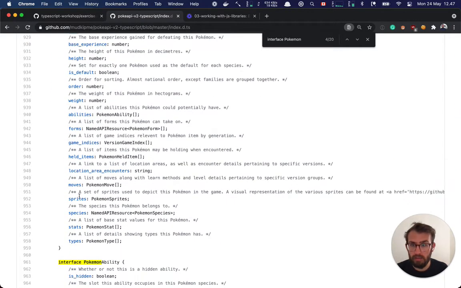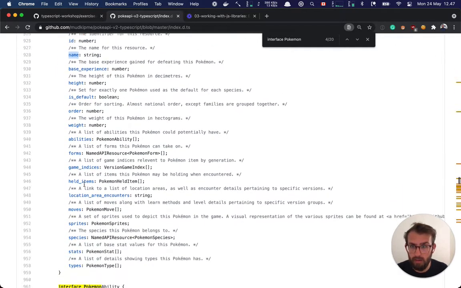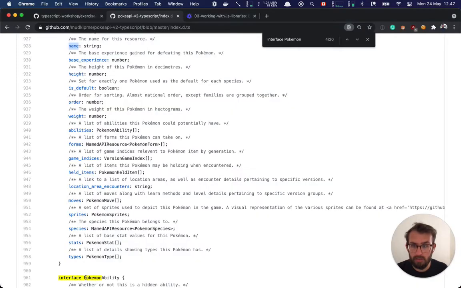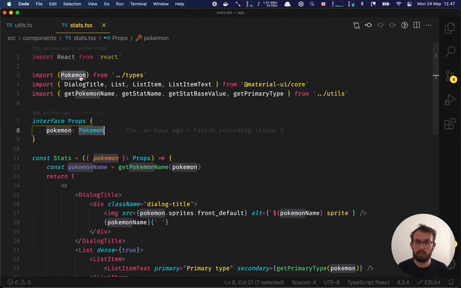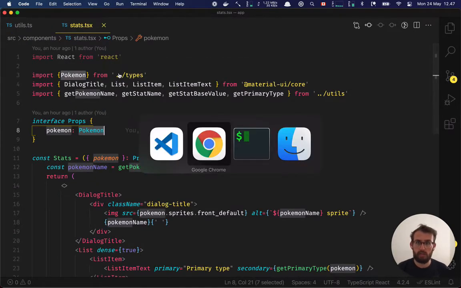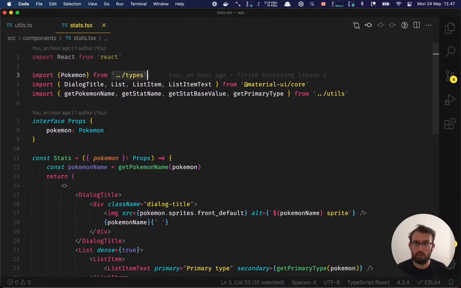It's got some of the similar properties that we've been seeing already in there. Let's take a look. So it's got types, it's got stats. I think this is the right one here. Let's try and plug it in. So we'll go back to our stats component here, and we're going to change this import to this instead. So instead of using our normal file there,